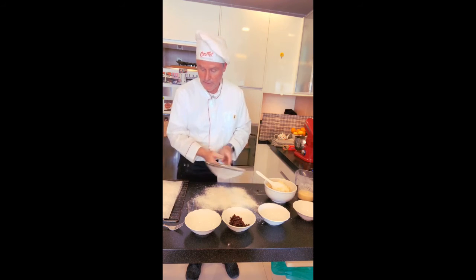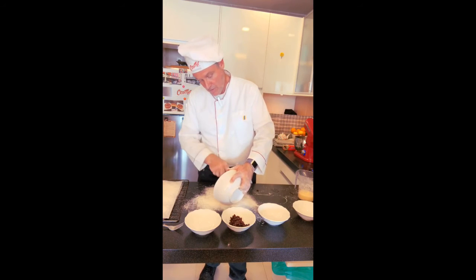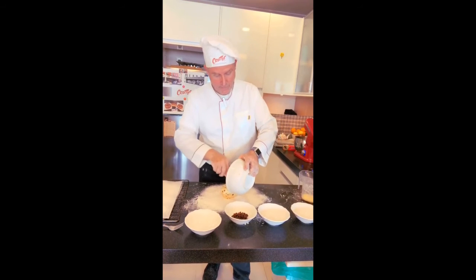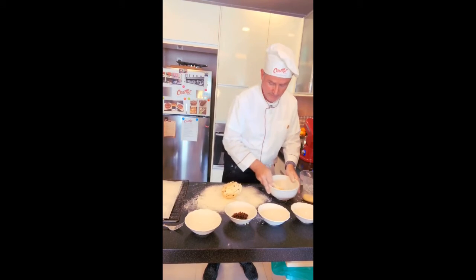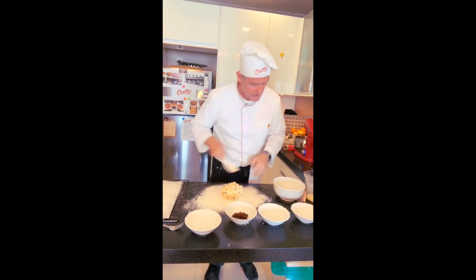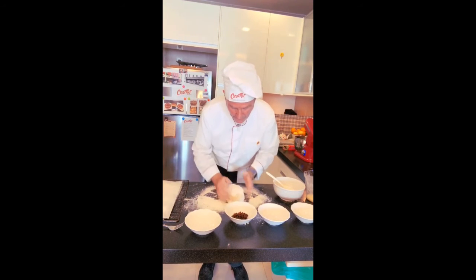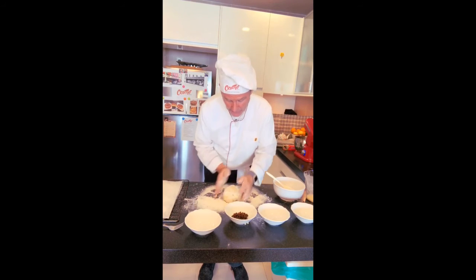Perfect. Okay, so I'm going to take that out here. Okay, now we have it out of the bowl, and we take our extra bit out of there. You see it's a nice gluey consistency. Okay, now there are again many different techniques of what people actually do at this point in terms of how